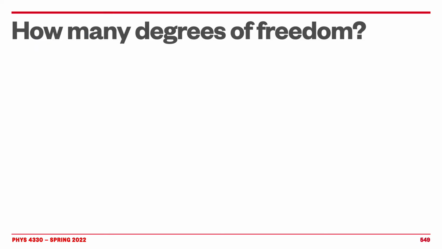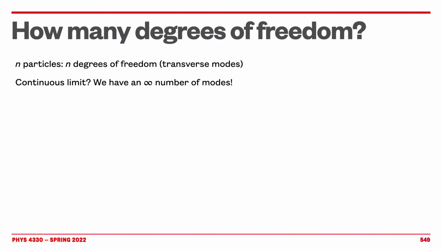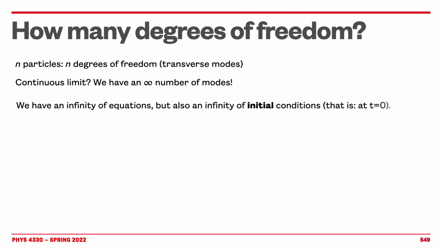I always recommend that we do an analysis of the number of degrees of freedom. Obviously, when we had n particles, we had n degrees of freedom in one dimension. This was the number of transverse modes. In a continuous limit, we should have an infinite number of modes. So that's a little bit of a problem, because that means that we have an infinite number of equations. But do not despair. We might have an infinite number of equations, but we also have an infinite number of